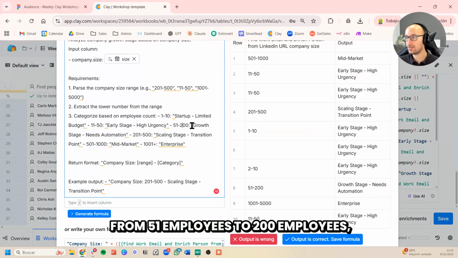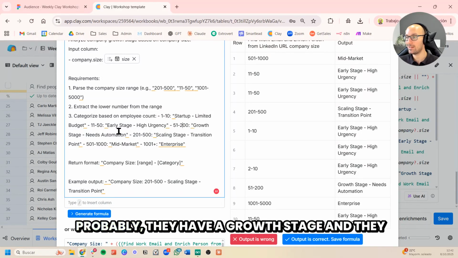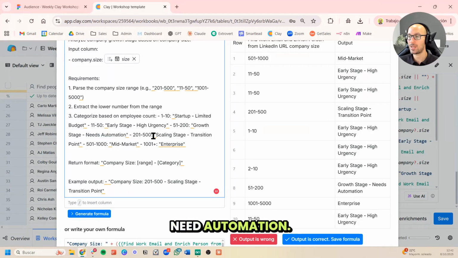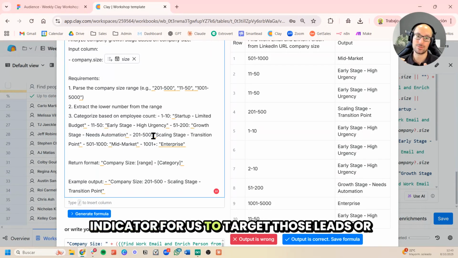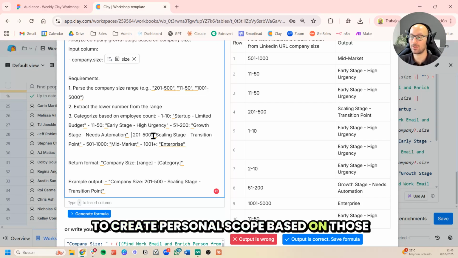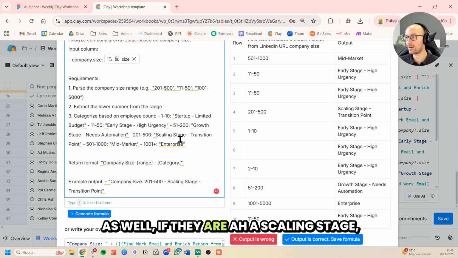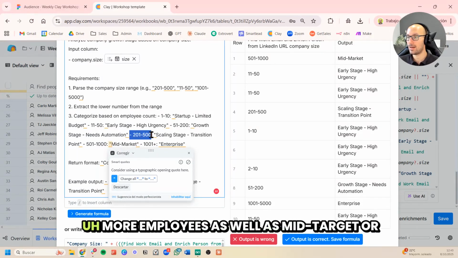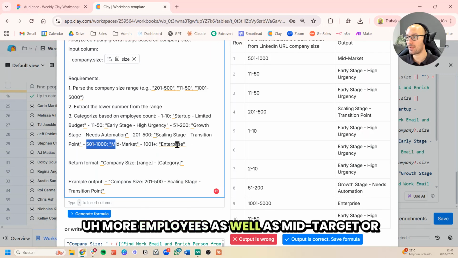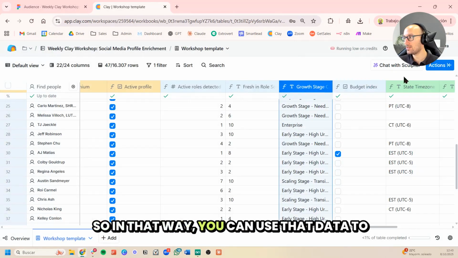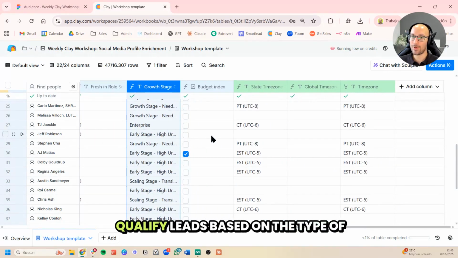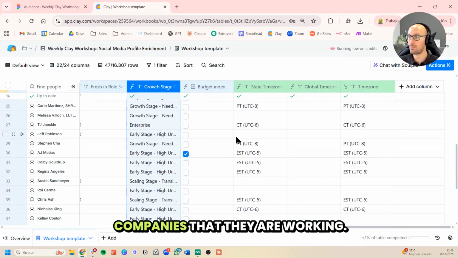From 51 to 200 employees, probably they are in a growth stage and they need automation. So for our case, that might be an indicator for us to target those leads or to create personalized copy based on those needs. As well, if they are in a scaling stage, you'll probably have more employees, as with mid-market or enterprise type companies. So in that way, you can use that data to qualify leads based on the type of companies that they are working for.